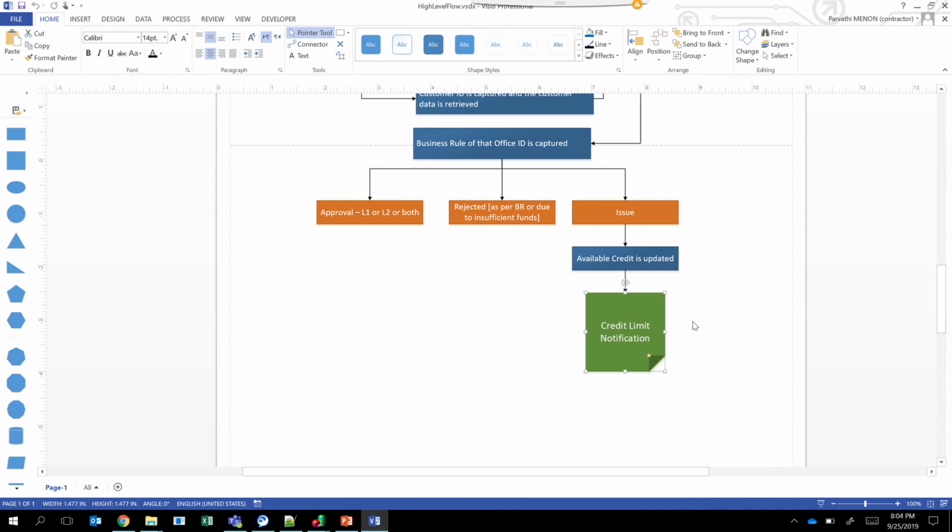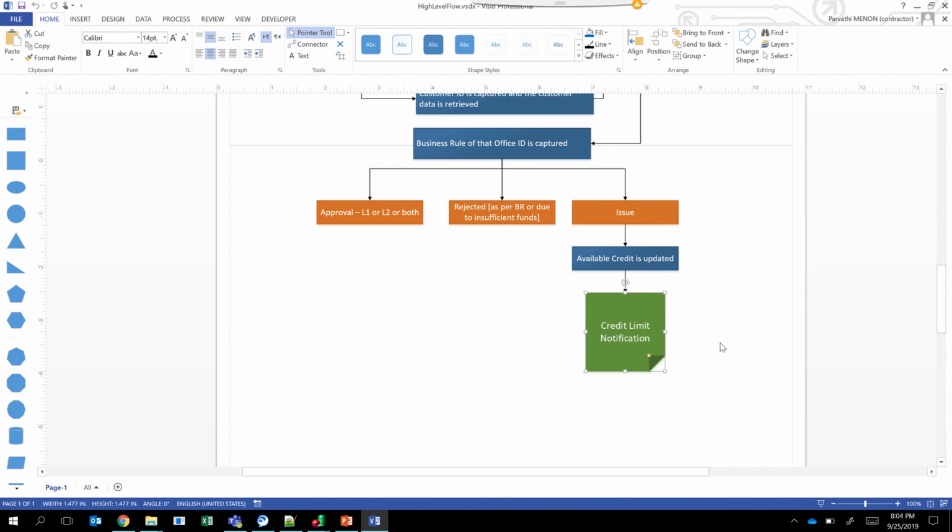Here the application also has a provision to send a notification to the corporate customer if their credit is too low, which I'll be getting into shortly. So let's say that after the available credit is updated, the rule configured in the credit limit notification module is such that if my available credit reaches 80% of the credit limit, then send a notification to alert the corporate customer, stating that the available credit is too low and they might want to think of topping it up.